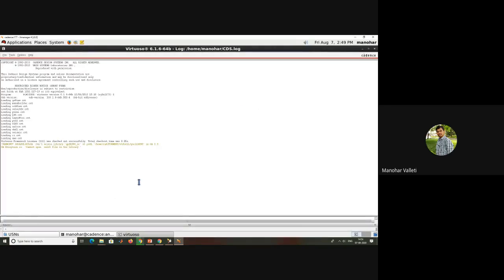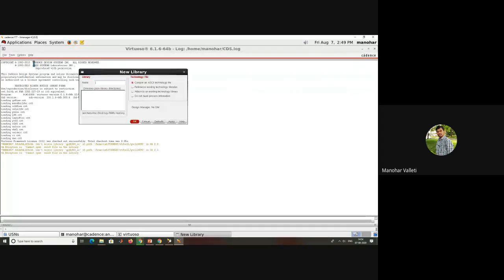Since it is your first time, you need to create a library now. First you need to create the library before working on any circuit in this Cadence lab. To create the library, we go to File, New, Library. Give the library name as your USN, and select attach to an existing technology library.